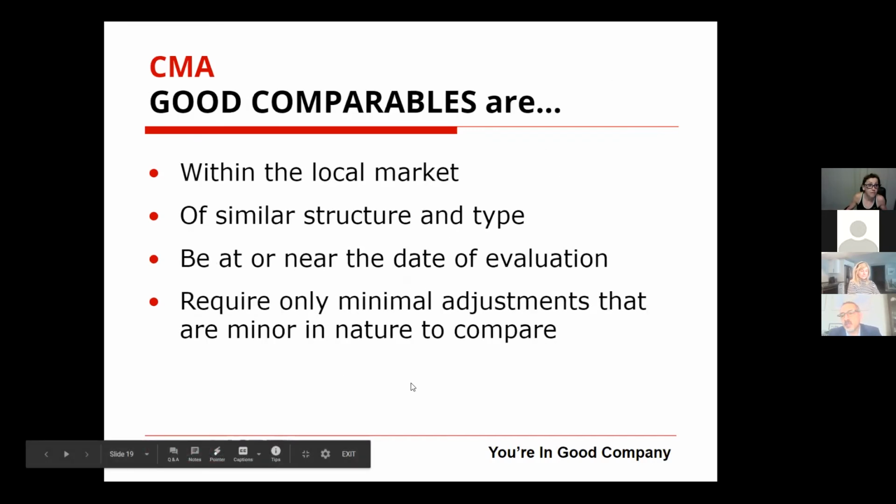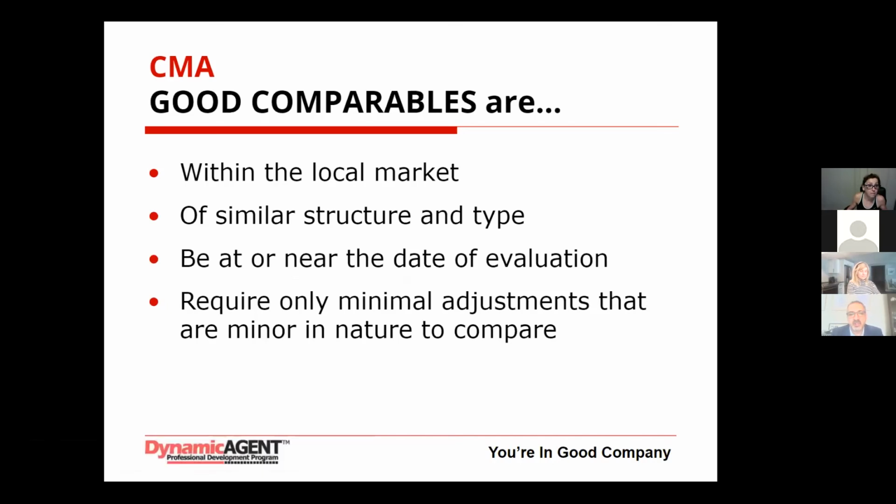Good comparables are really important. Obviously, if you can't find good comparables, go talk to your manager, and you can bang your heads together and come up with some comparables that will make some sense. Obviously, you want something in the local market. You can use Geo Warehouse to look at the comparables in terms of the area,